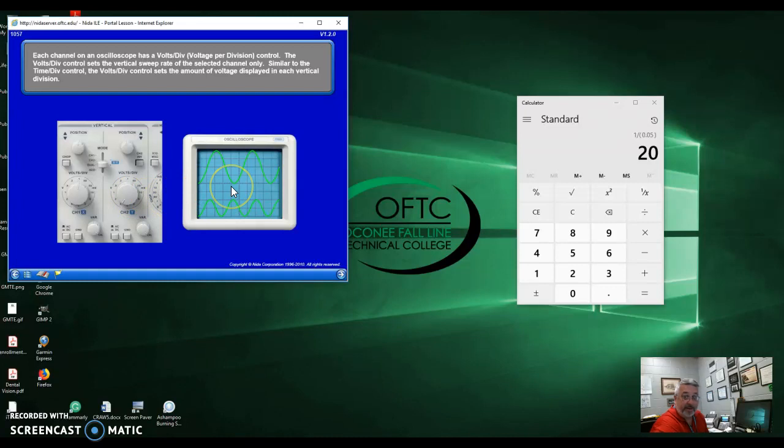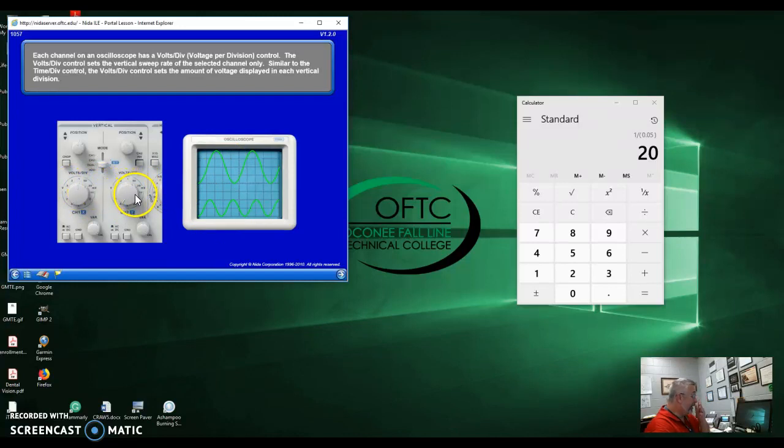So we can do the math there when we're talking about major divisions. If this is channel 1, I don't really know which one is which, but assuming the top one is channel 1, that would be, from here, 0.1, 0.2, 0.3, 0.4 volts total amplitude. Down here, if this is the 5 volts per division, that would be from the bottom 5, 10 volts. So quite a bit of difference between 10 volts and 0.4 volts, but we have the ability to independently set